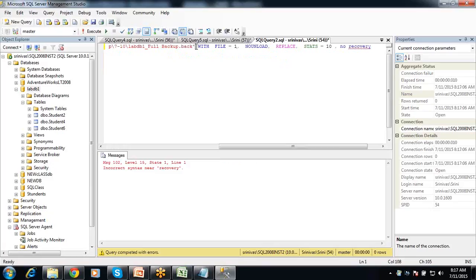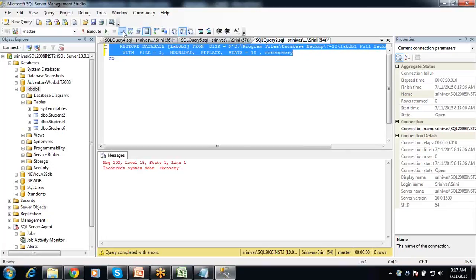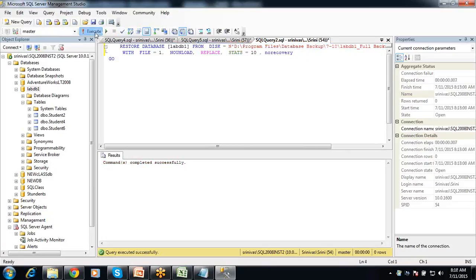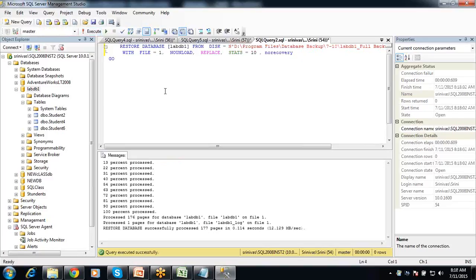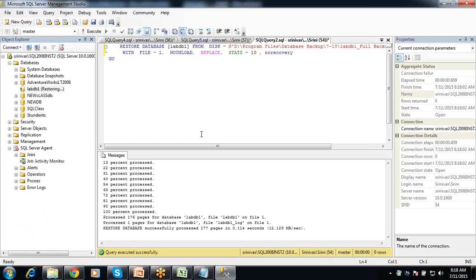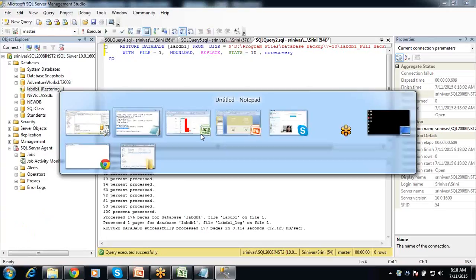Okay, let us review the restore. Restore database name from disk, with file name replaced, with no recovery. Okay, I applied a full one. Fine. Next, I have to apply